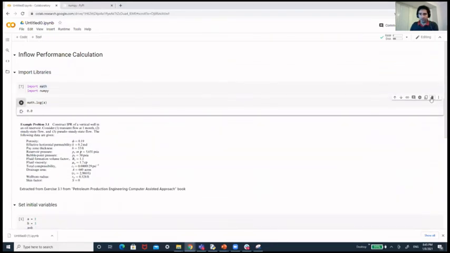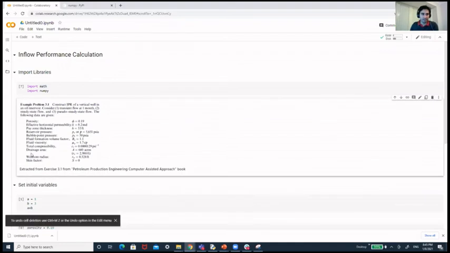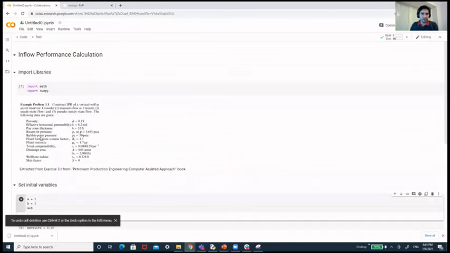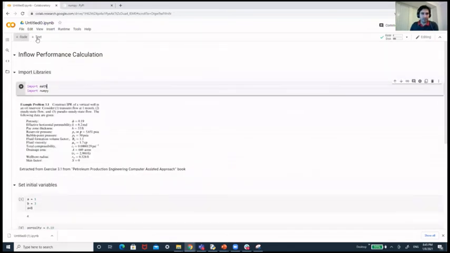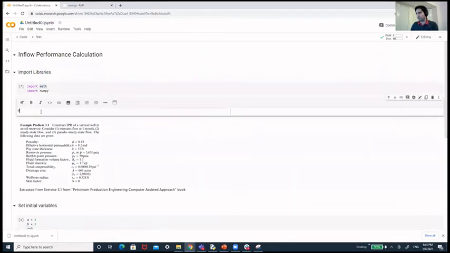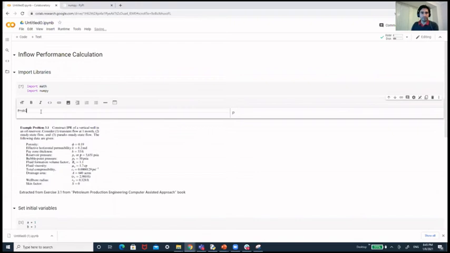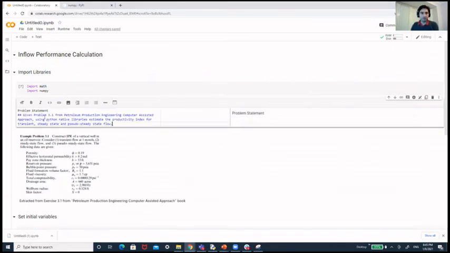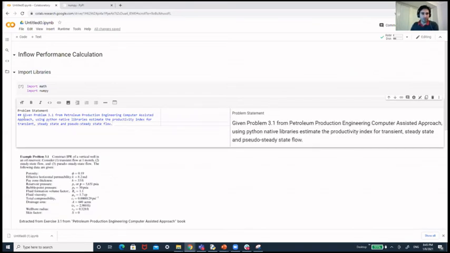Actually, I can remove this cell by delete cell, and I'm going to add another line of text here. And this is a problem statement. It's very simple.